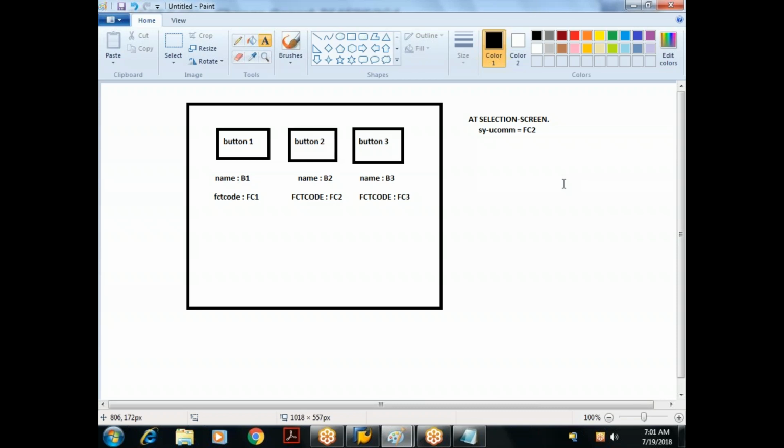FC2. Understood? Suppose the user clicks on the third button, what is the function code of this? FC3. So SY-UCOMM will be overwritten with what? FC2 will be overwritten with FC3. Similarly, keeping this in mind,